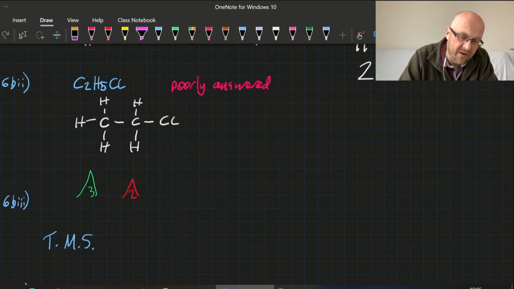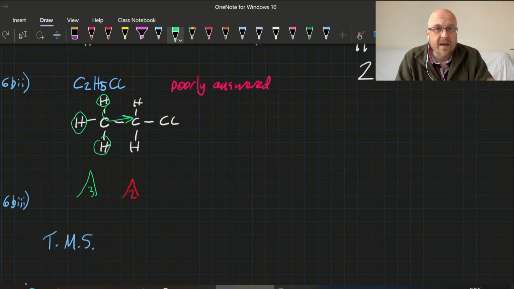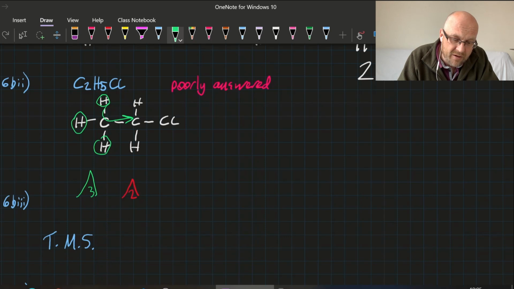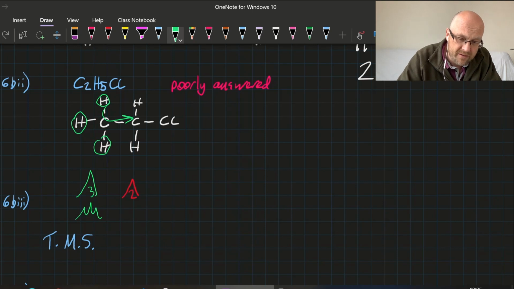So looking at these hydrogens, let's try and keep some colour consistency. Looking at these hydrogens, the adjacent carbon is that one. How many hydrogens on that one? 2, add 1, 3. So this split is going to be into 3. It's going to be a triplet. Using the same logic,